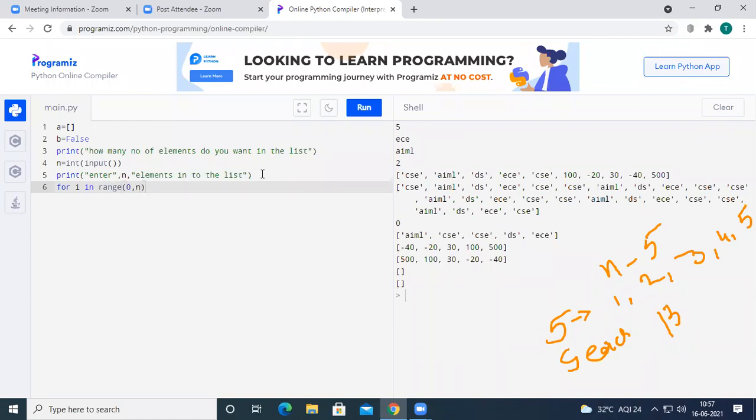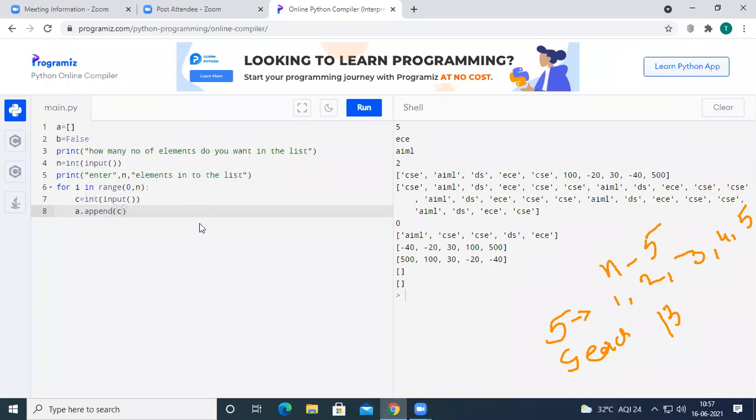For i in range 0 comma n, I want to take one more variable, c equal to int of input, and within that a.append(c).